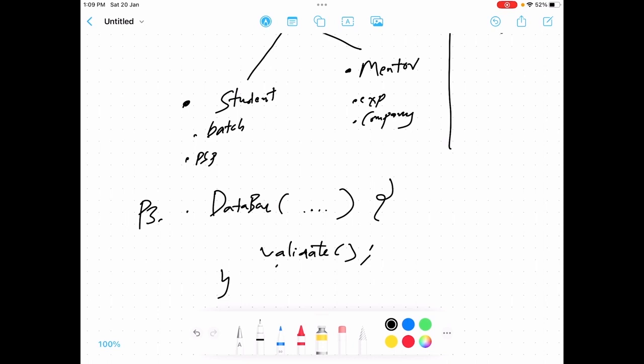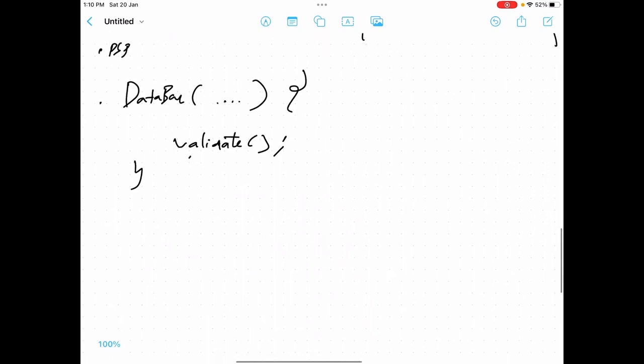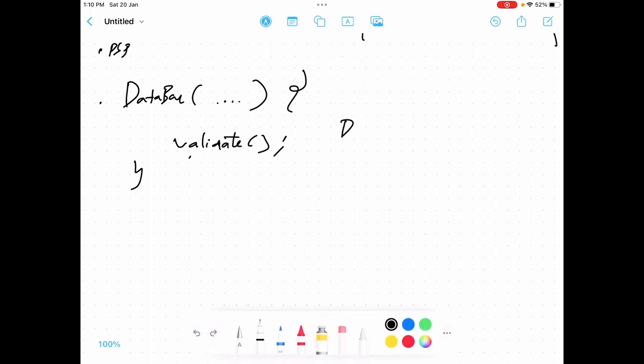So the problem here is, you need to validate before you call the constructor. What do you mean by calling a constructor? Let us say you have an object called database. When you are saying new,